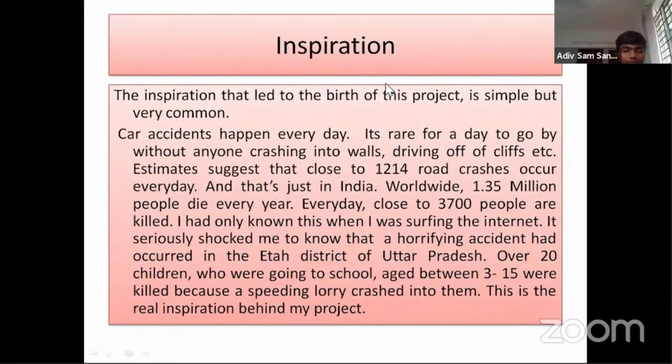So here's my inspiration. The inspiration is very simple, but it's also very common. Car accidents happen every day. It's rare, or rather impossible, for a day to go by without the news reporting something related to car accidents. It shocked me to know that